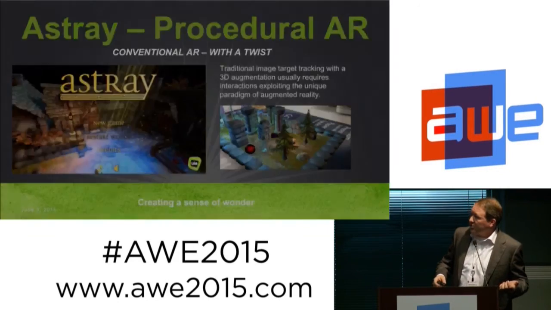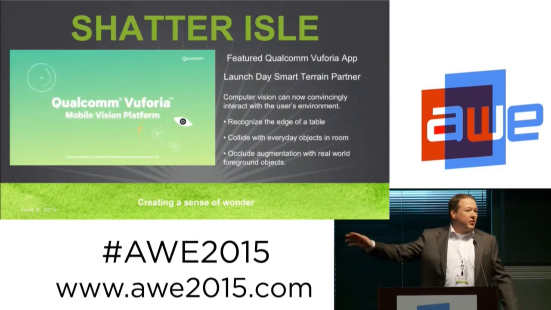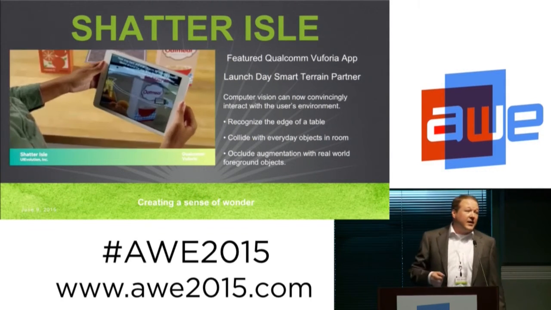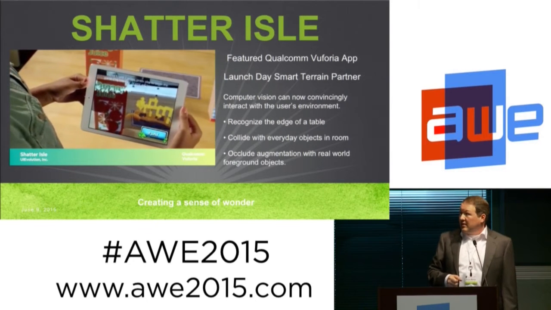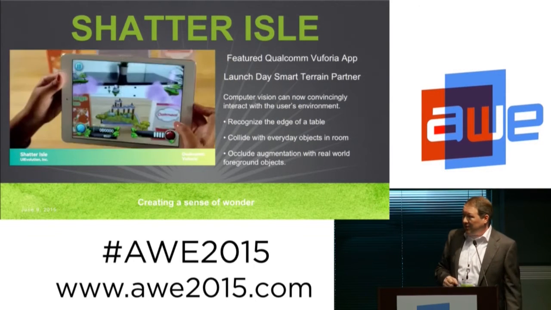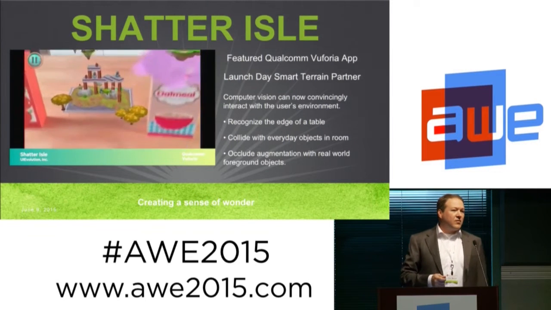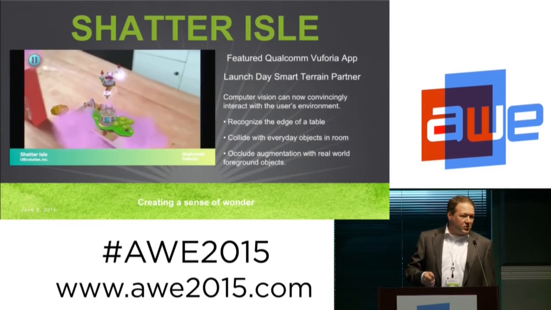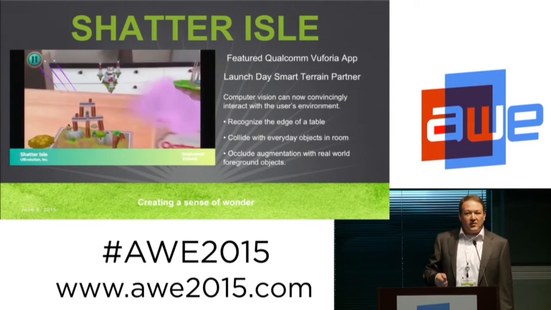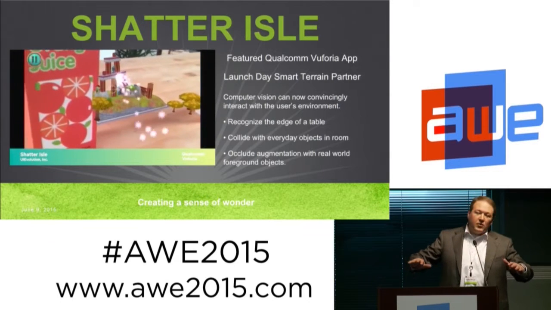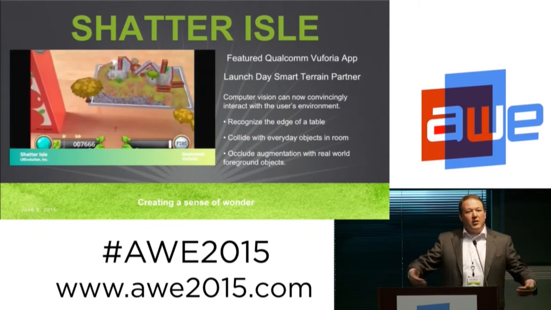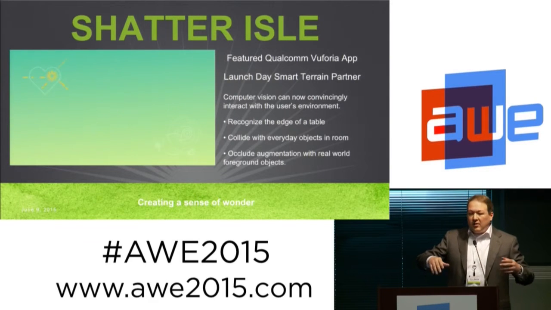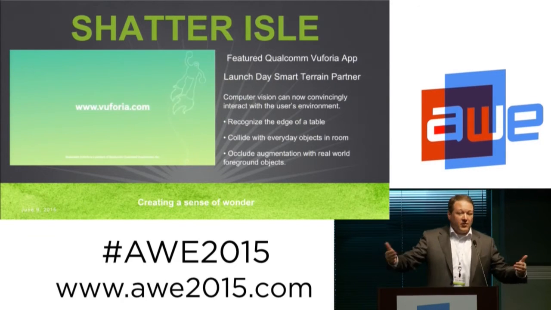Let's get past Astray. I'll show you another example. Again, both of these products are on Google Play and on the iOS App Store. This is Shatter Isle. It's a little bit more sophisticated than Astray. Not by any means is this a pop-up book experience. This is one of the very first and one of the only games that uses the Vuforia Smart Terrain feature. If you saw that, they announced it last year about this time. And so in this game, we take the entire play surface and make it part of the game. You know, a box of cereal, a can of soup, a Coke bottle, the edge of your table, all of that stuff matters when you play this AR game.